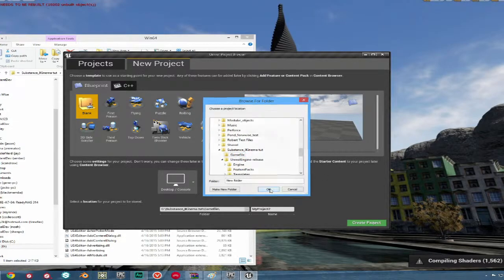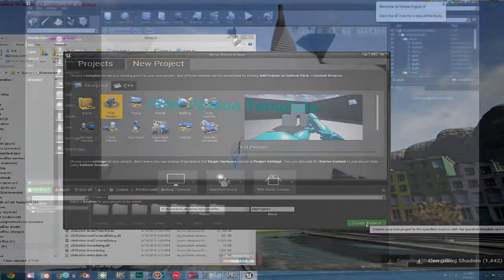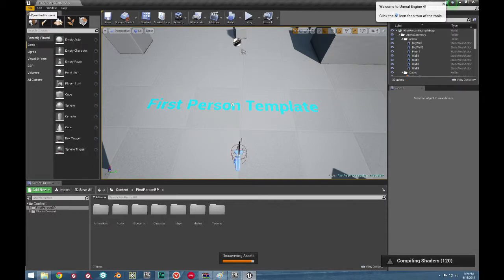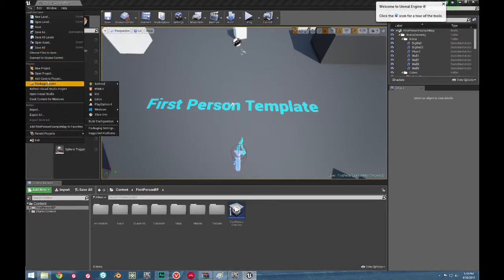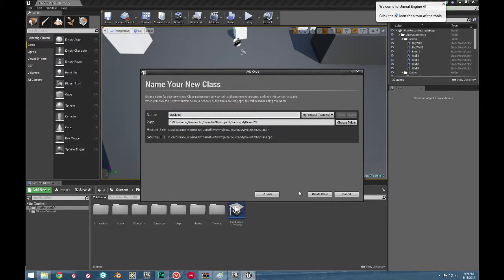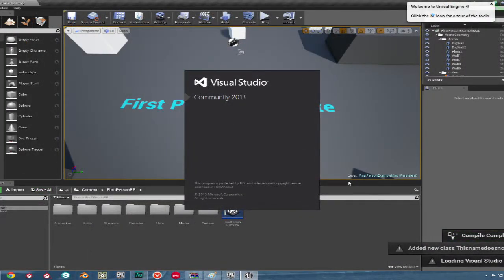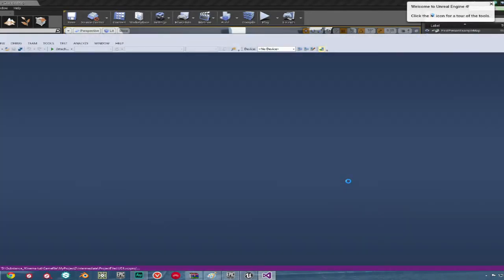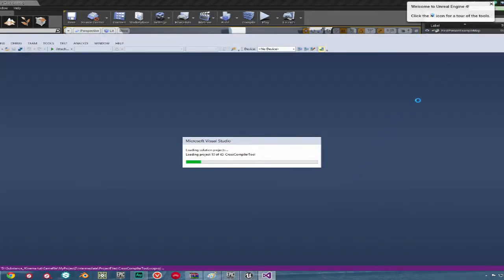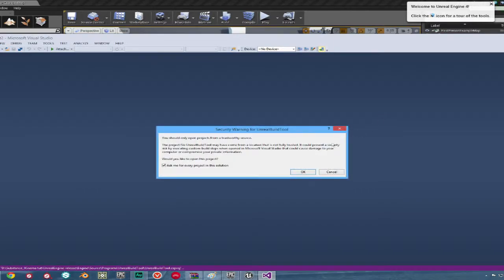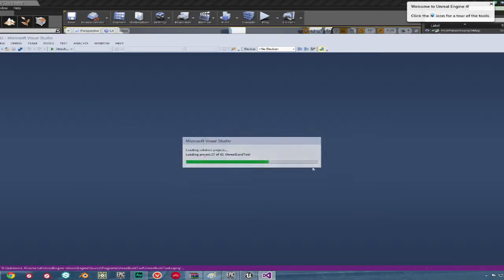Once the project is built, we need to add code to it. If you're doing this from C++, you don't need to do this step. So how we do that is by going to File, Add Code to Project. The parent class does not matter, nor does the name of the object we add. So just choose None and give a random name to the project, and click Create. It'll take a few seconds for the object to actually be created and add code to your project. Once the code is done, it'll open up Visual Studios. Be sure to uncheck the box and then click OK. Then close it out and we'll come back to this later.